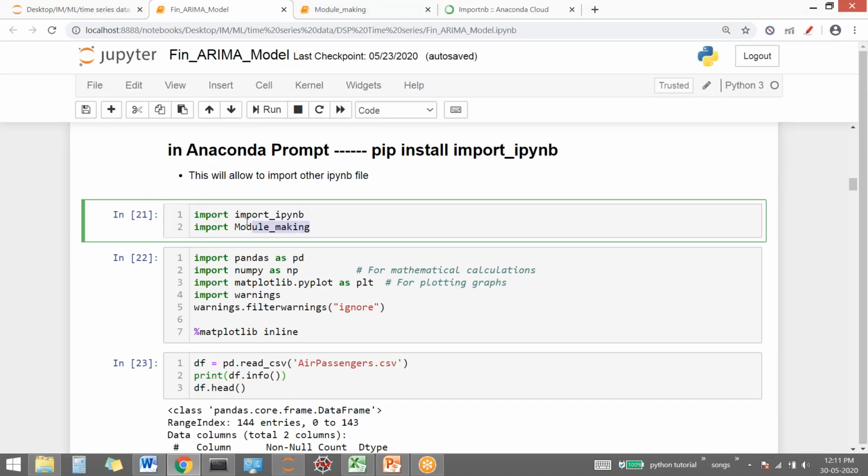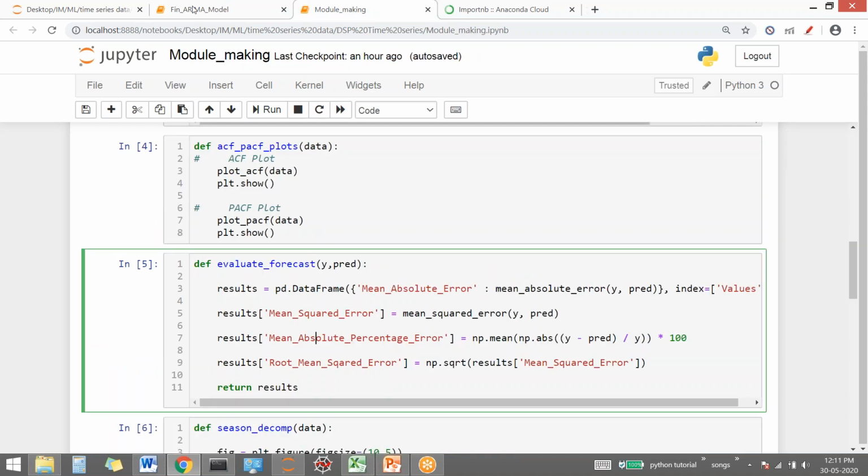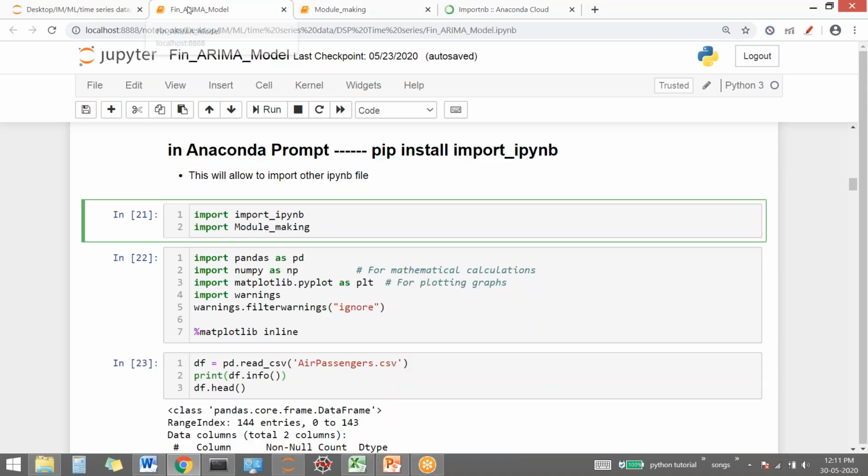And once you have done it, I've shared the file. So the passengers data, the module making and the FinArima should be in the same folder, and then try running this command.